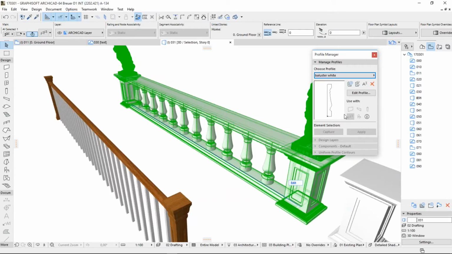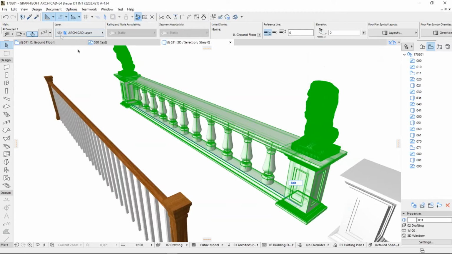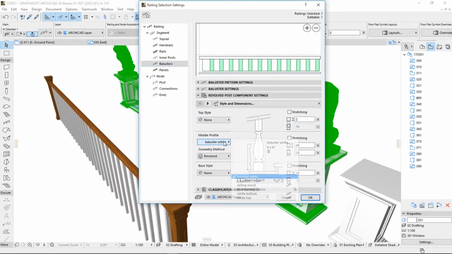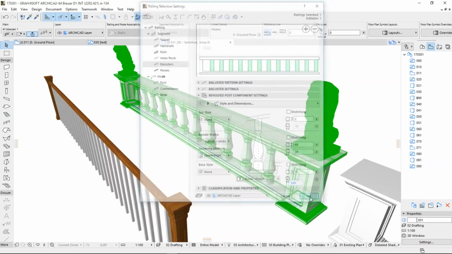Here is the profile that I've drawn. This is a half profile, of course, because it gets rotated. So let me go back to settings, and I have chosen this profile, which is called baluster white, and you can see that actually it should be filtered out, so I shouldn't see this one, but we are working on this. I should only see the railing profiles, and I can choose here another revolving option. It should be quadrangle. So if I choose quadrangle,